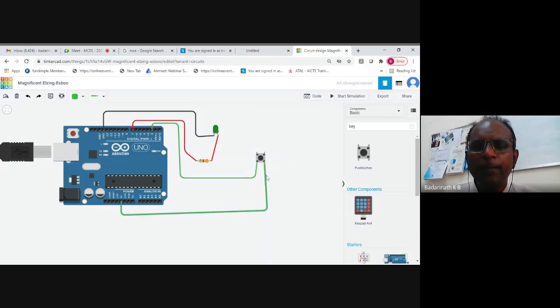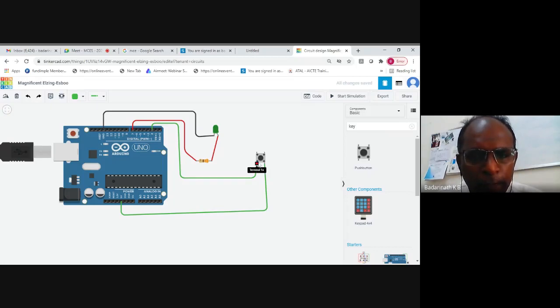So now what will happen when the switch is not pressed? Whatever the voltage, that is zero, should be applied here. When the switch is pressed, this should be shorted and the 5 volts is applied at this point. But my question is, if I'm not pressing the switch, I should apply zero voltage here. Now, is the zero voltage available at this leg? No, it's not available. It's floating. We call it a floating signal.